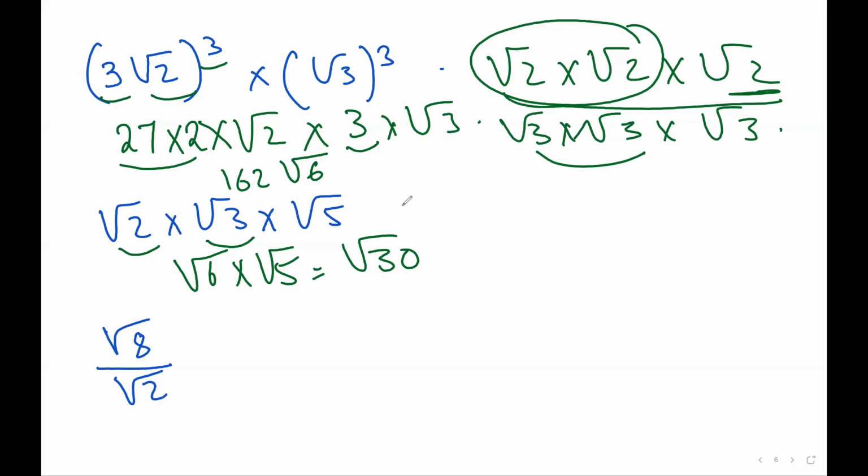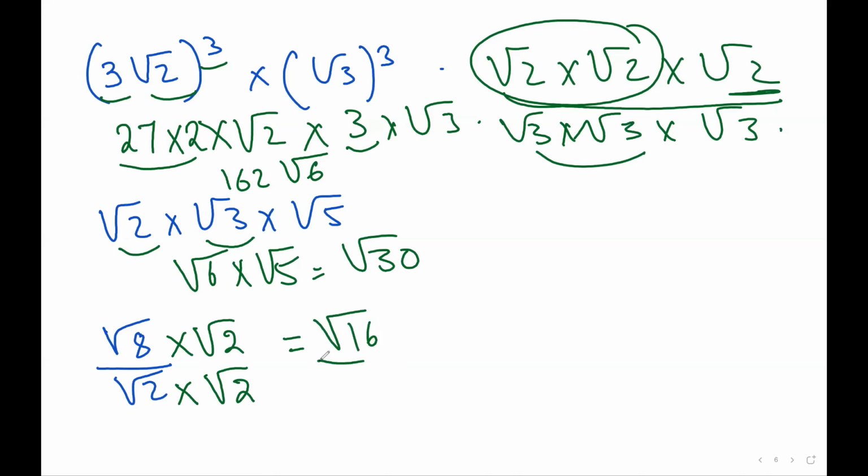Now, here, root 8 over root 2. Root 8 over root 2 means what? Here, see, the rule of thirds means what? You want to remove your square root. So how will you remove your square root over here? Basically, this is division of thirds. Multiply this with root 2. So whatever is there in the denominator, you will do the rationalization of that. This is called rationalizing. So whatever you do in the denominator, the same thing you will do in the numerator.